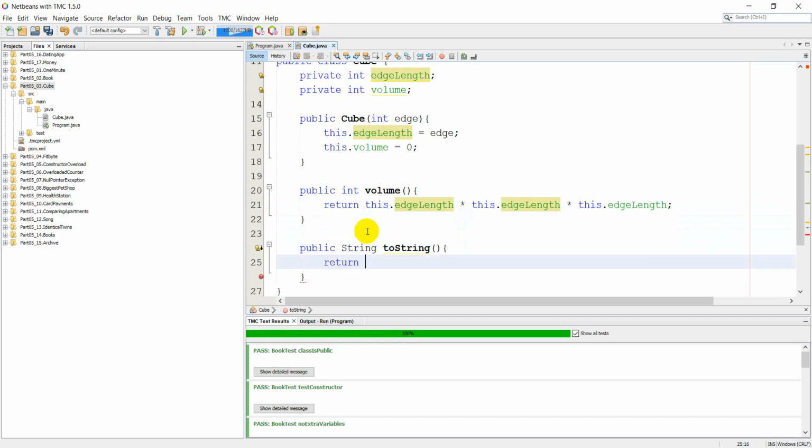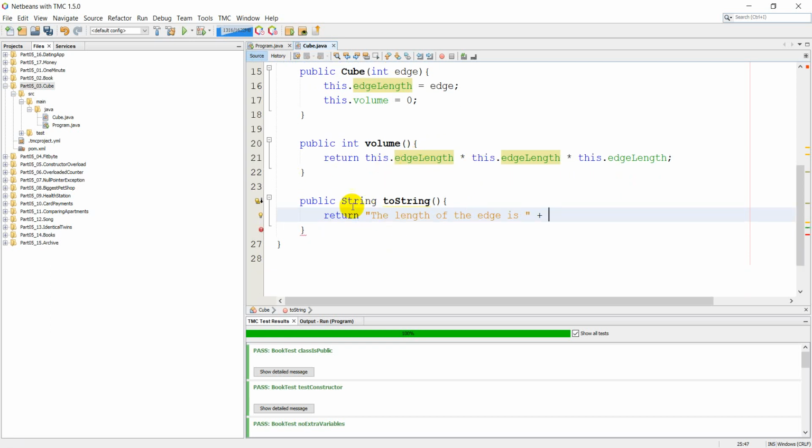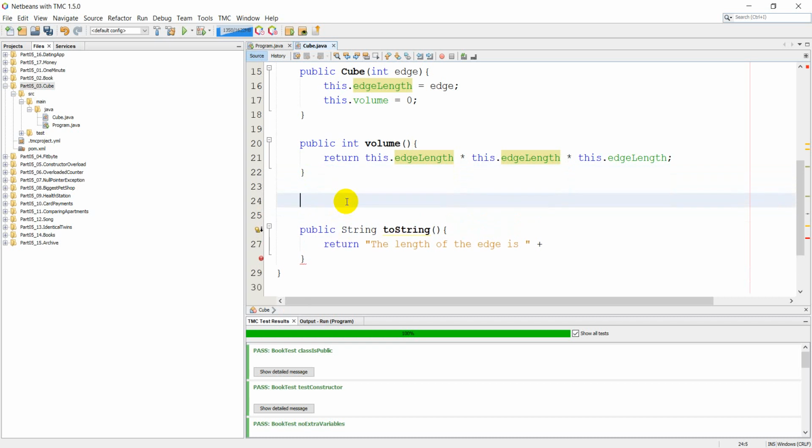Then there is a public String toString method. What's the format like? The format is like "The length of the edge is this and the volume is this." So, return "the length of the edge is" plus